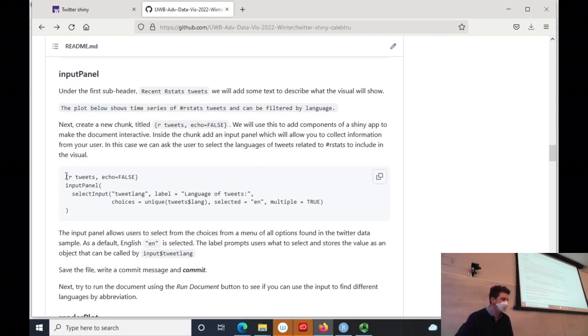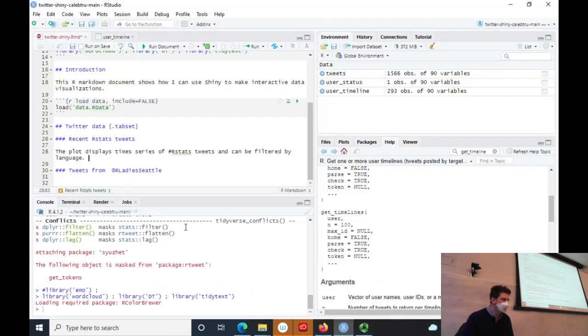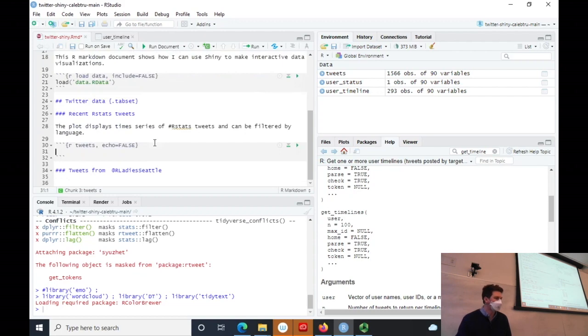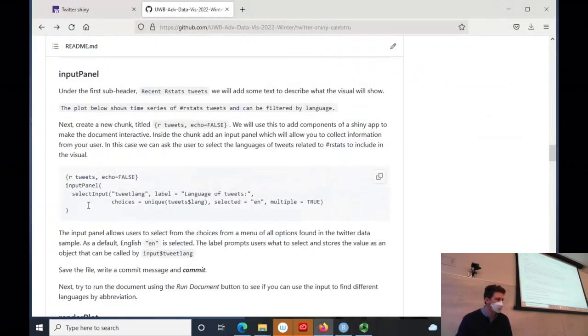So I'm going to go ahead and write the chunks first. So again, I've got to do 3 backticks. It's the button right next to the number 1. Let's say R tweets, comma, echo equals false. And then I'm going to close those backticks down below just so I make sure I have my borders to my chunk. And then within this is where I'm going to start writing my first command,